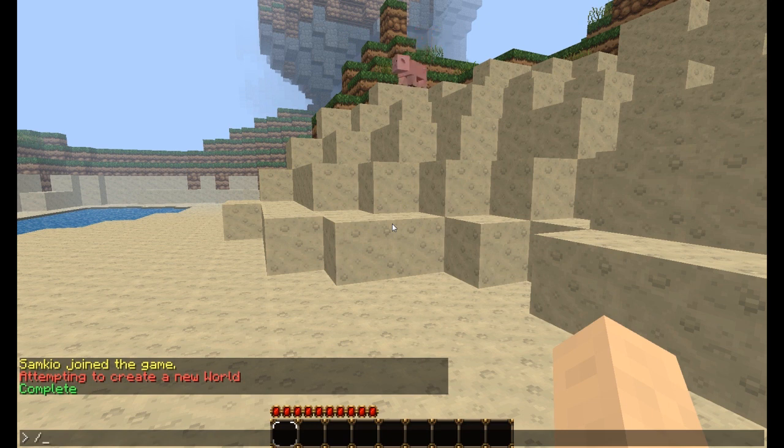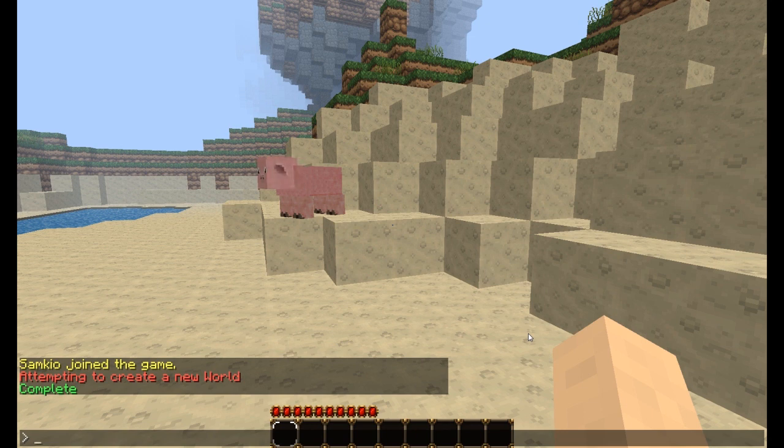We can also import worlds as well. For instance, if you have a single player world and you want to import it, which is not currently in the game but exists, we do this by doing mv import space, then the world name, so I don't know, Sampioville, and then we'll have the environment, so normal or nether. Now I don't have a world file called Sampioville, unfortunately, in my directory, but if you do, that's how you would import it. The permission node for that is